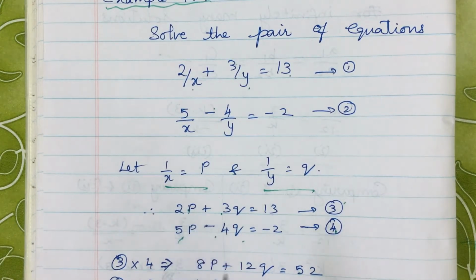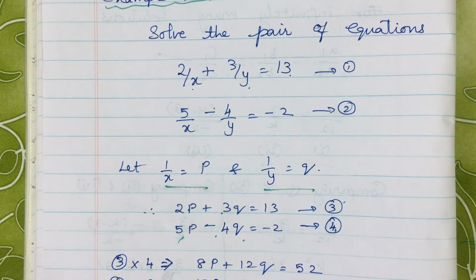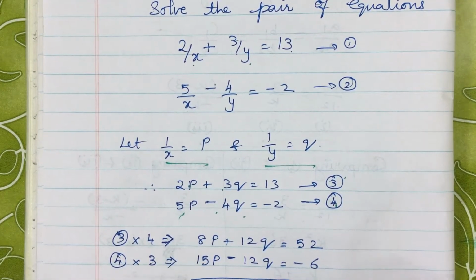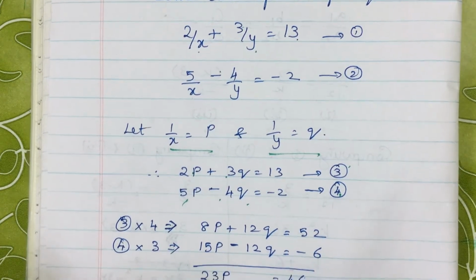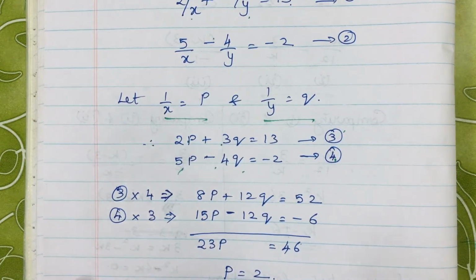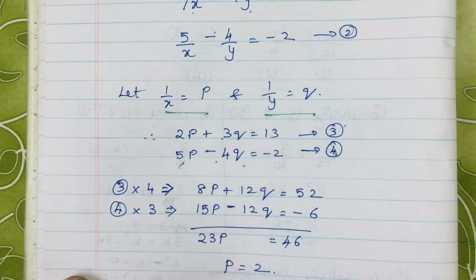Now again the same procedure whatever you have done in your cross multiplication or your elimination method or your substitution method. I always follow this elimination method. Even all the teachers, they will prefer this elimination method. So here I am considering the elimination method, right? Even if you want, you can go for your substitution or cross multiplication methods also. When the coefficients of x and y are very big numbers, then I will recommend you to go for this cross multiplication, right? So it depends upon the given problem. You have to decide which method you want to go for.